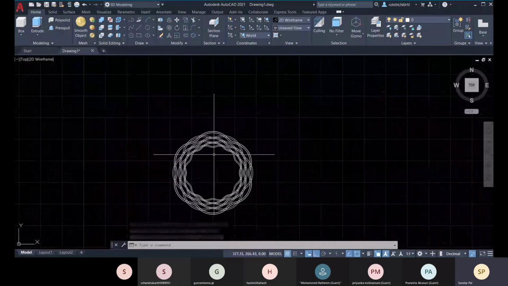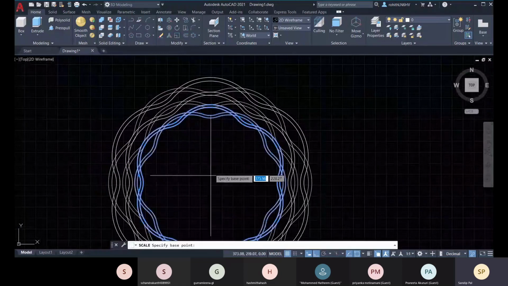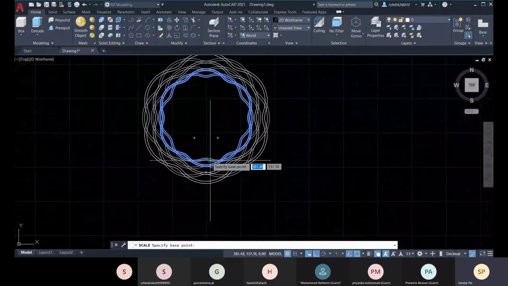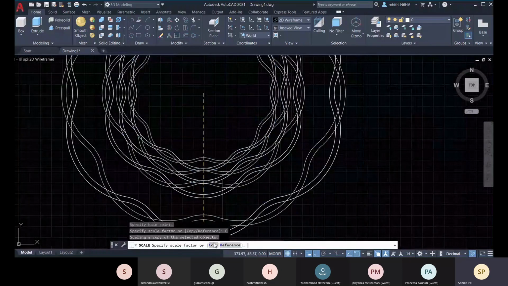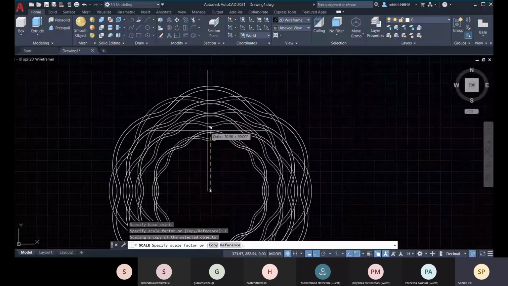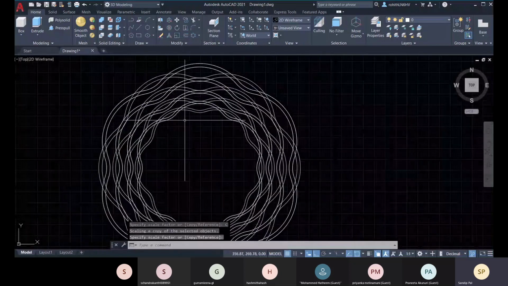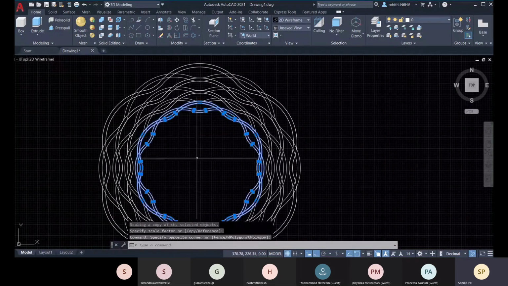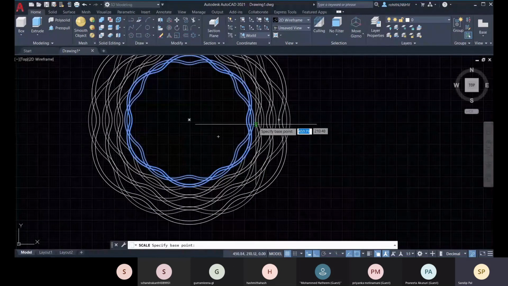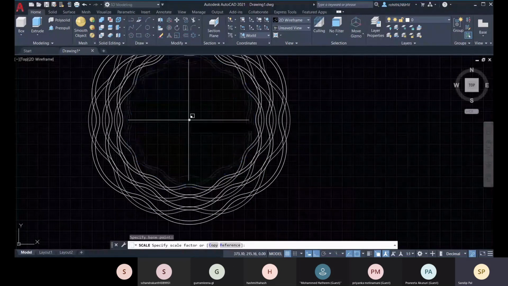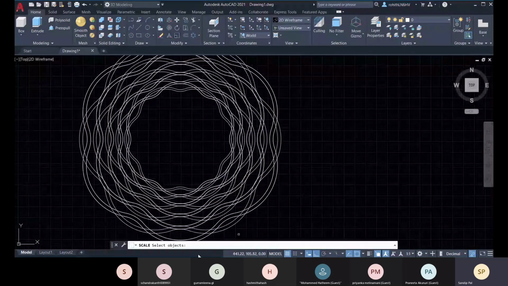Okay, so just scale it, select both the one, specify the base point, and then select copy, and then this way. Okay, let me select this too, and you can go for base point, copy, and let me select here. Okay,